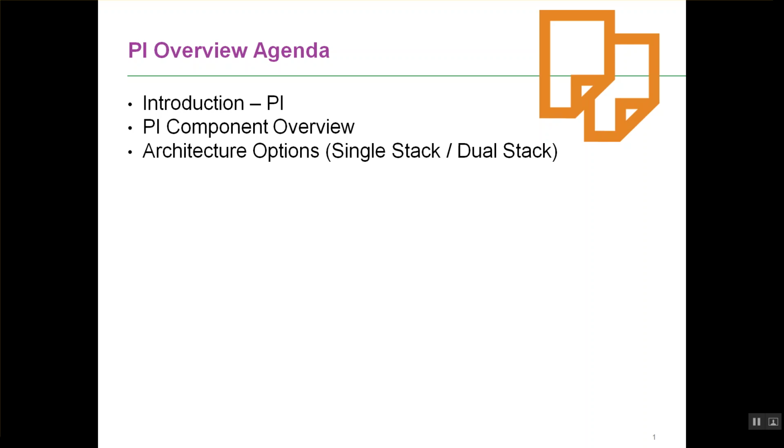Then you had the runtime of PI. The runtime of PI is called the integration server, which contains three components or three engines: the adapter engine, the integration engine, and the business process engine. We touched upon at a very high level each of these components, what all they contain. Then we looked at the architecture options of PI. What is a single stack PI, what is a dual stack PI, and what is the difference between process integration and process orchestration. Okay, with this we come to the end of our first session.